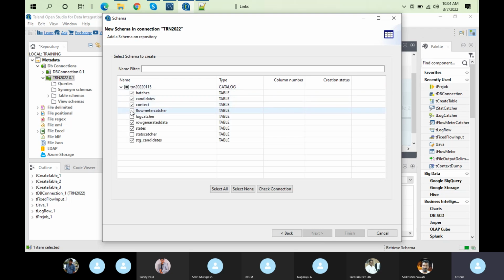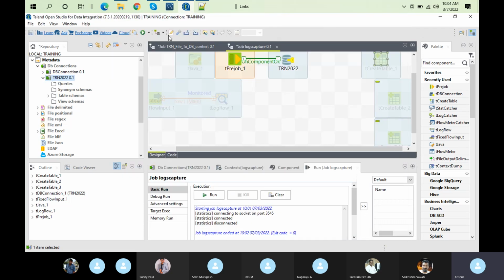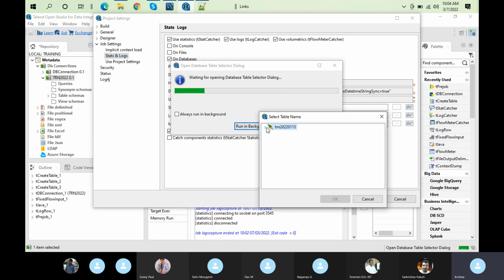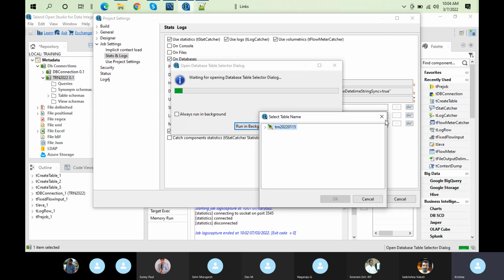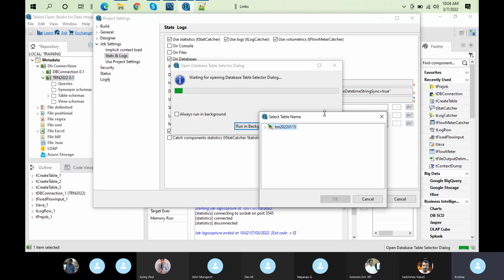To avoid that, we select the log catcher, stat catcher, and meter catcher. These will come from your metadata, so you can simply browse the respective table. So for the stats table, you can select the stats catcher here, and again the logs catcher, and you can capture the